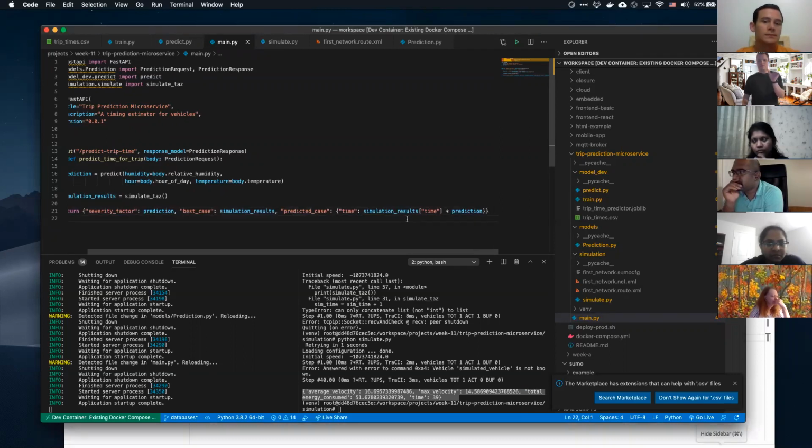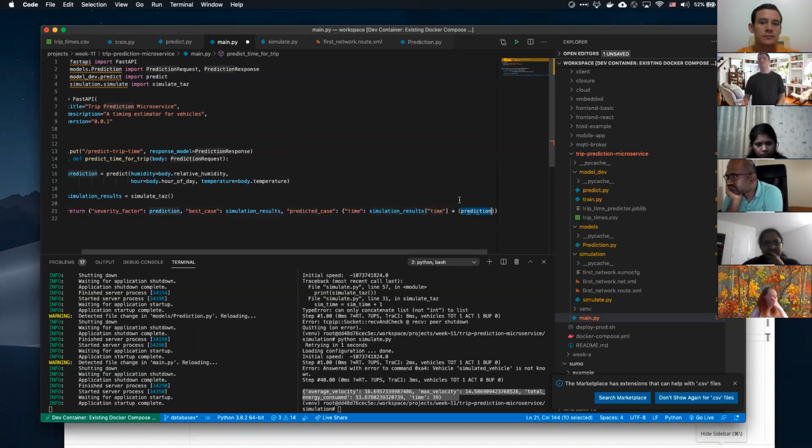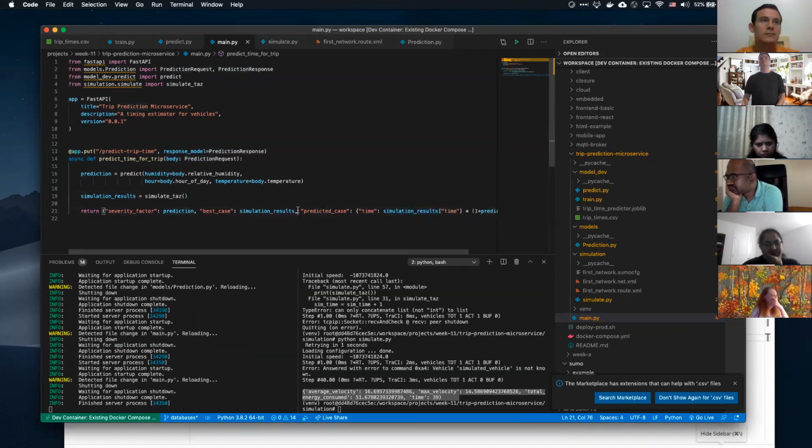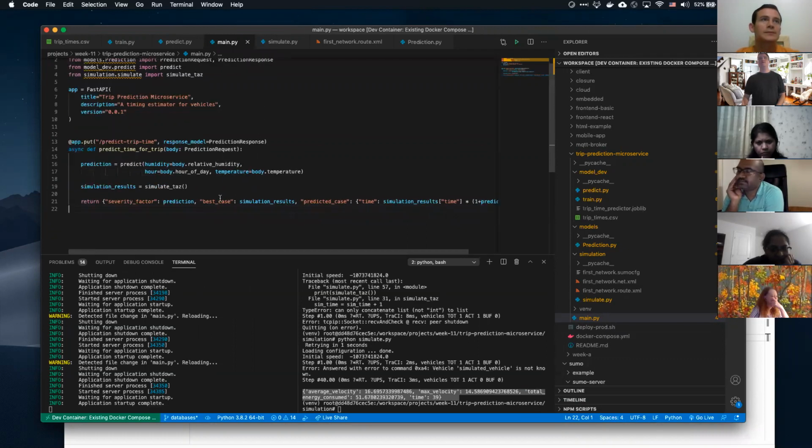Because we're going to be multiplying this simulation results of time by a fraction, which is going to give us a smaller number. What we actually want is to do 1 plus that, right? 1 plus that. All right, so we've got that.